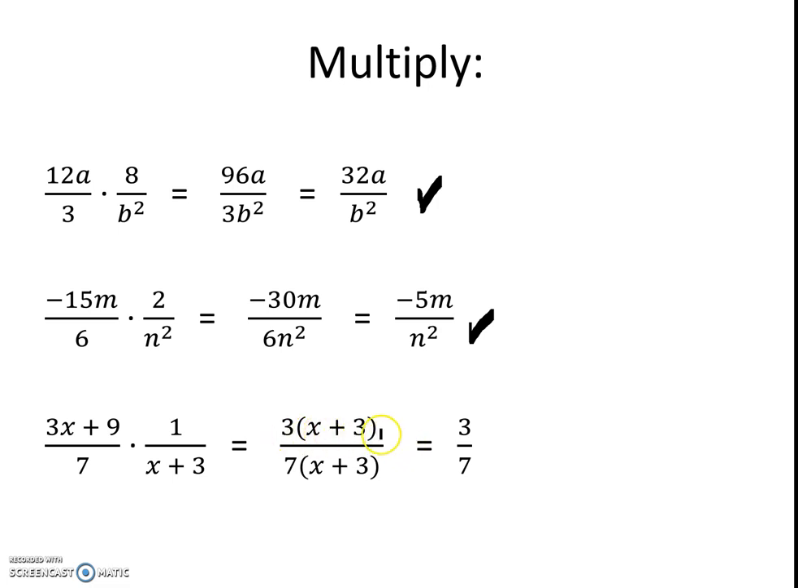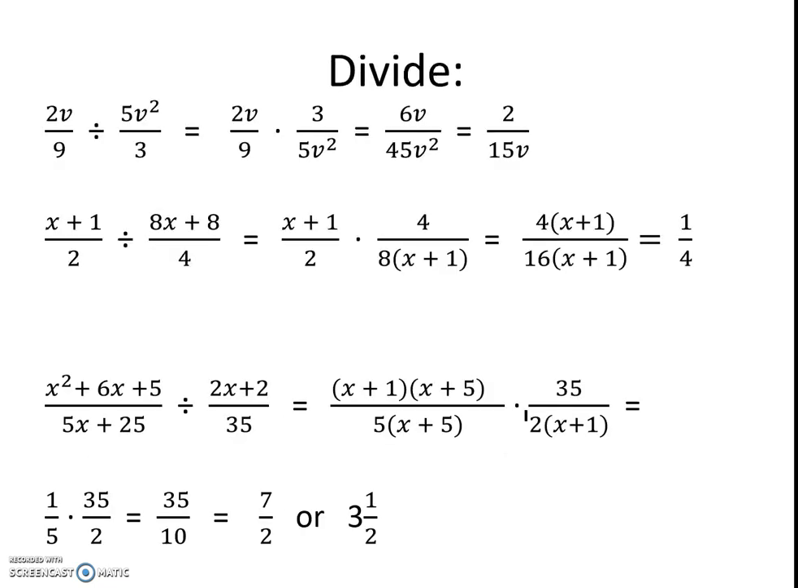x plus 3. And on the denominator, we have 7 times x plus 3. So now we have the x plus 3 over x plus 3, which simply cancels out, and we're left with 3 divided by 7. Next, we're asked to divide, and when we divide, we simply flip the 1 on the